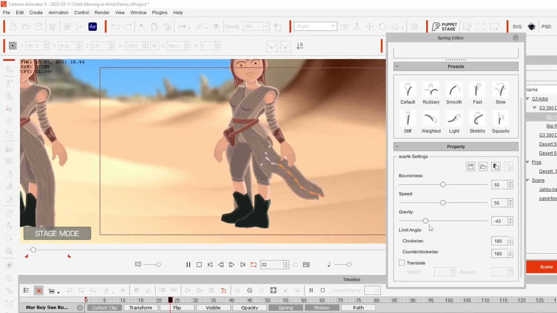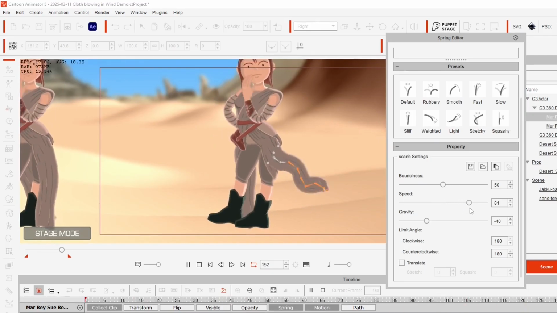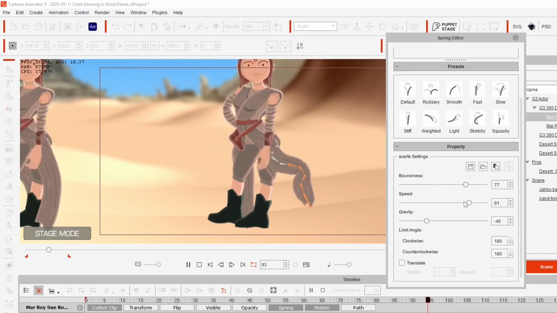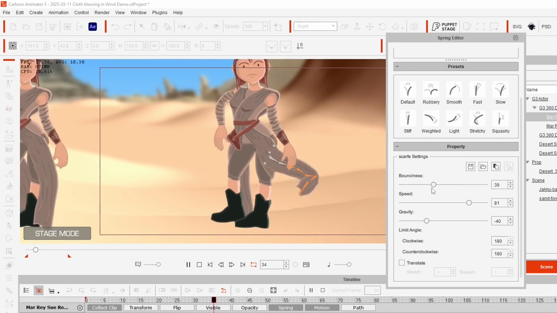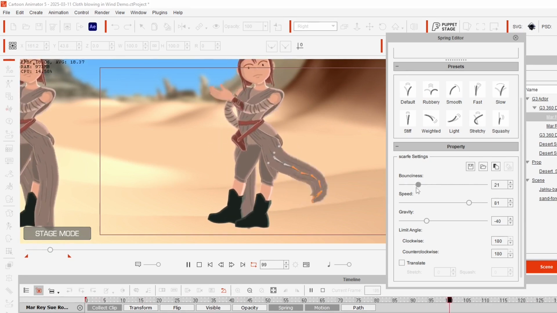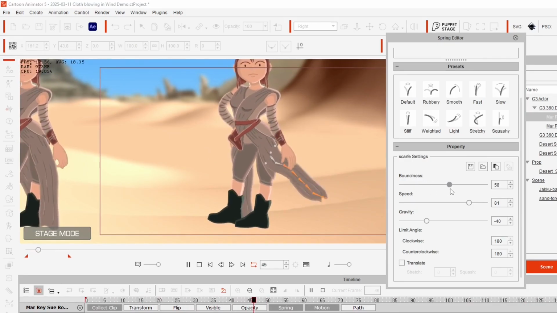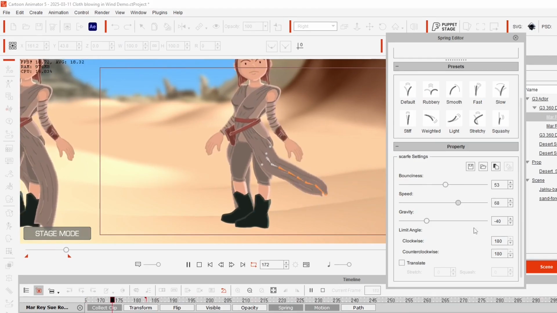I don't know, I'm thinking maybe around 40. We could try adjusting the speed on here, the bounciness. Probably too much. There's all sorts of things you can pretty much try